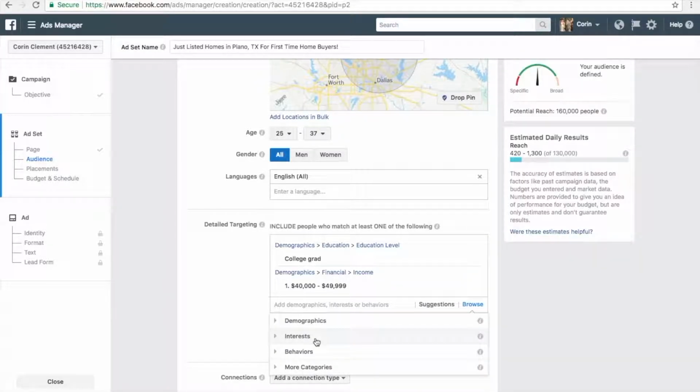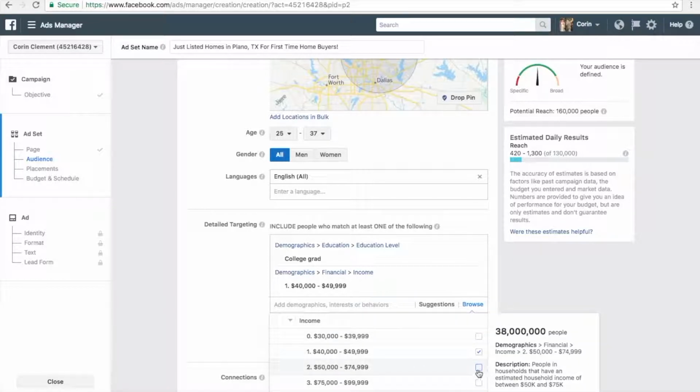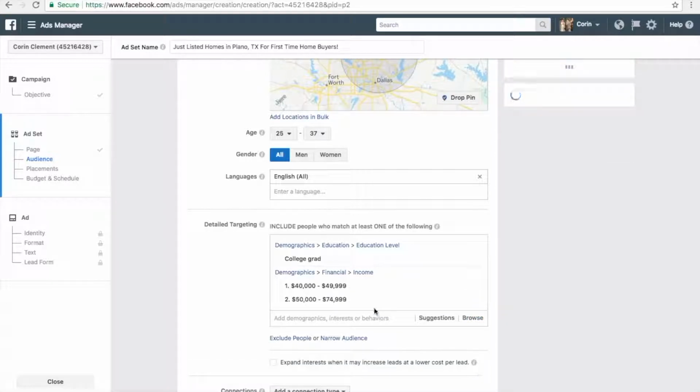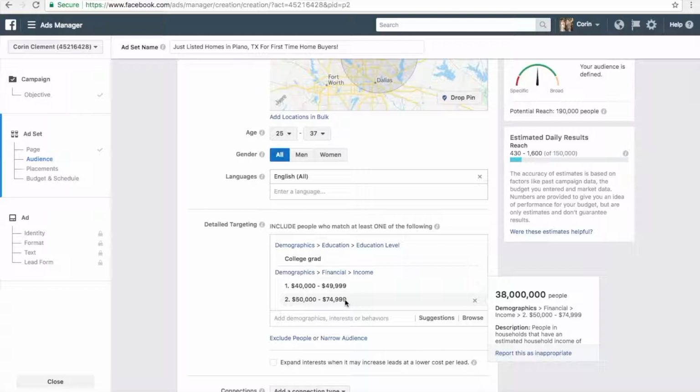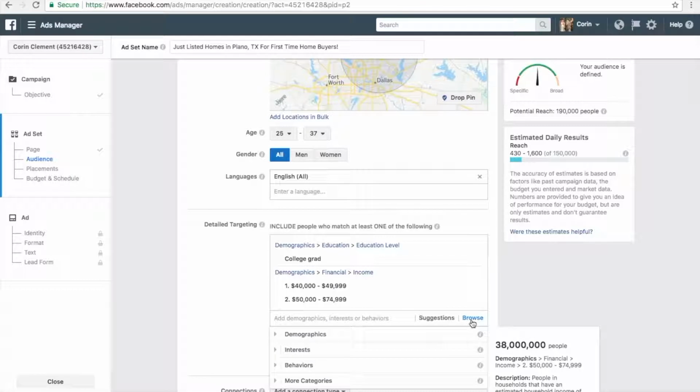And also, we're going to select 50 to 75. Why? Because if you're familiar with working with first-time home buyers, between 40 and 50, and really not even up to 75 is pretty much the average salary rate or annual income for most of the first-time home buyers out there. So that's definitely a range that we want to focus on. Anything above that, you're not really looking at a first-time home, which I would consider somewhere along the lines of 250 or under. Okay, so I've got those entered in there, and then we're just going to keep on going